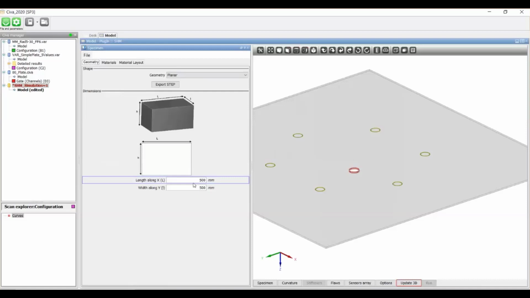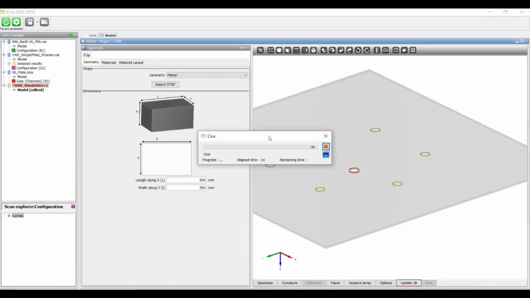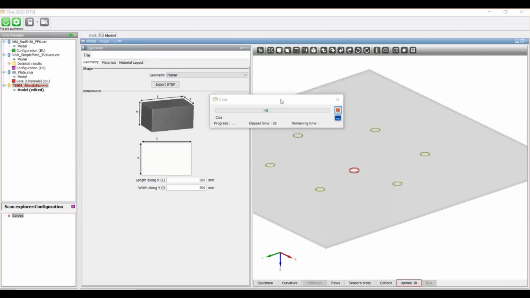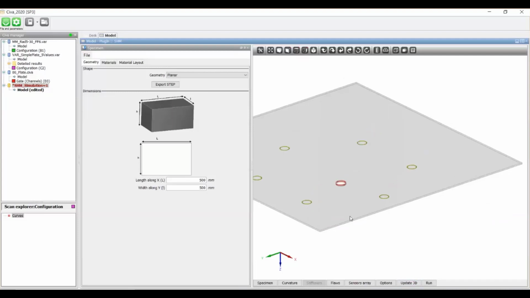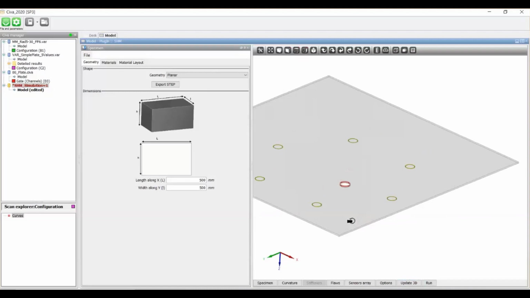So of course, as soon as you change something in the configurations, it has to regenerate the mesh. It's made by this button, Update 3D. So if you change one parameter, if you want to rebuild the configurations, Update 3D will do the reconstruction of the geometry, and beyond this, the mesh is managed too. This button is specific to this module compared to other CEVA modules.